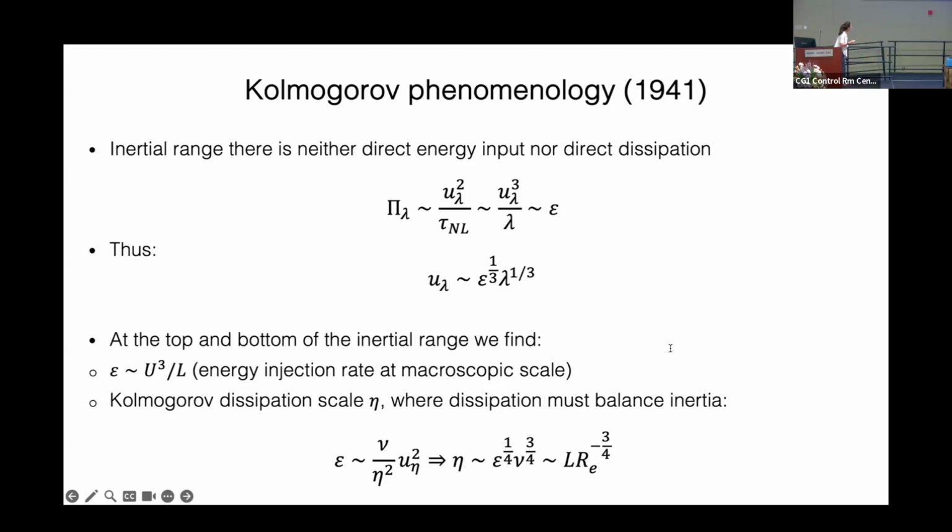And now we can obtain how the amplitude of the velocity fluctuations at scale lambda scales with the scale lambda. So this is really a result. This could not have been predicted without the hypothesis that we made. What it tells us is that the smaller the scale, the smaller your eddy, the smaller the associated velocity.